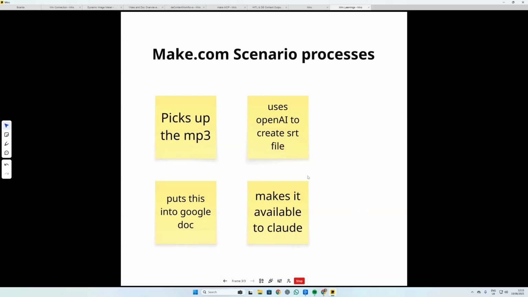Now, how is this useful? I'll show you that next, because I'll literally show you a use case in action direct from Claude that is doing all of this. But before I do, let me show you how simple the make.com scenario is, for anybody who's watching who's non-technical. One of the beauties of the AI revolution is the ability to create things like SRT files and so on. It's just becoming so easy.